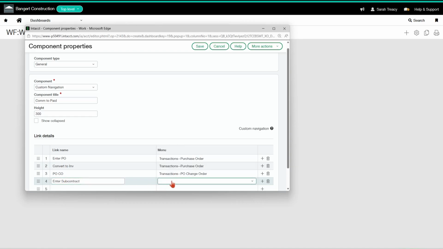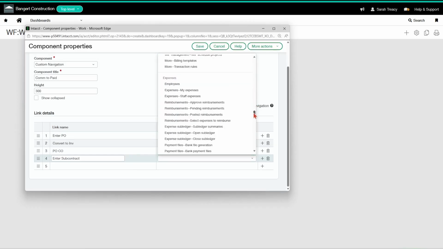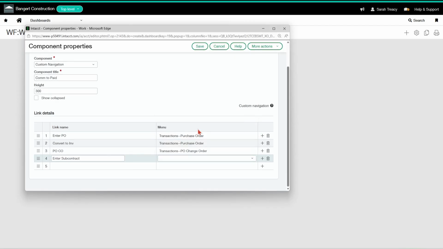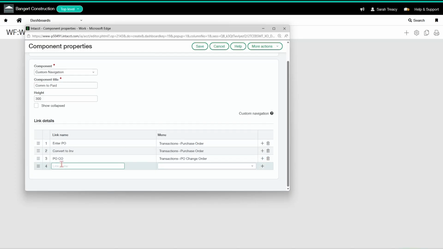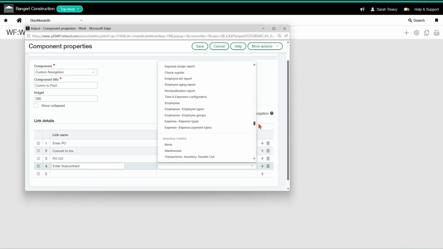So I'm going to hit the drop down. Scroll all the way down to purchasing, excuse me, and find my link for my subcontract transaction definition. Let me do that again. If that happens to you where it doesn't actually save it to this screen when you select it, just delete out the line and put it in again. I don't know why it does that. Maybe mine is just glitchy, but if that happens to you, that's the fix. Delete the line and go back in and redo.